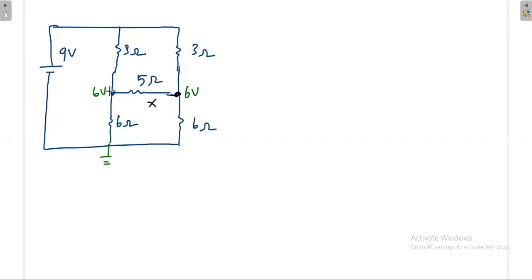But even this 6 volt will be correct, because even if you go like this, here 3 volt is appearing. If you go like this, minus 3 volt plus 9 volt, then also you will get 6 volt only. Okay, no problem. Node voltage means voltage at the node with respect to ground, you can go by any path. But to avoid confusion, it is always better to go by the shortest path available to the ground. Now the voltage difference is 0, so definitely the current is 0. The current across the 5 ohm is 0, and the voltage across the 5 ohm is 0.